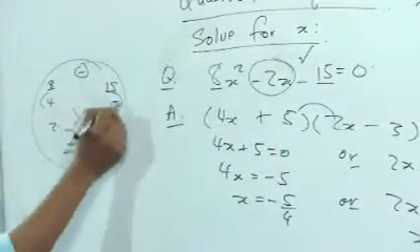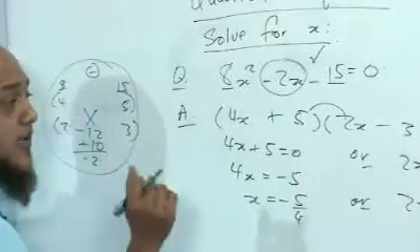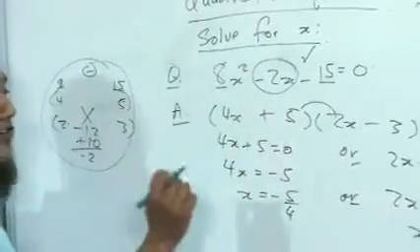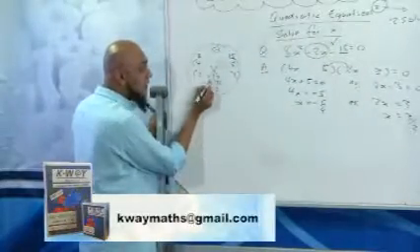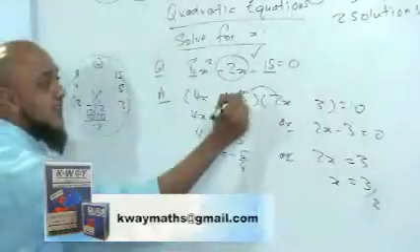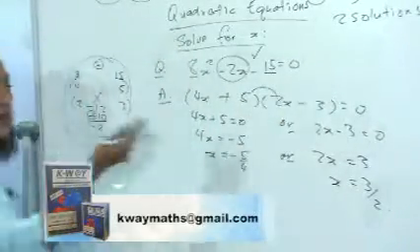You know you write first bracket, second bracket. 4, 5, 2, 3. X and x to get x squared. Start from the two next to each other. So there we go. 4, 5, 2, 3. 5 times 2, 10. What do I need? Positive. Put a plus. 3 times 4 is 12. What do I need? Negative. Put a negative. There we go.